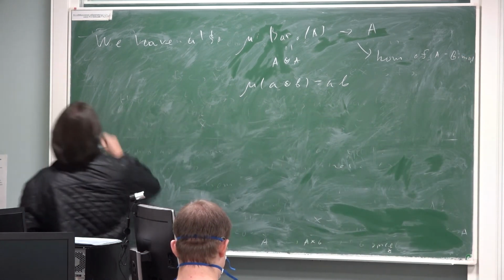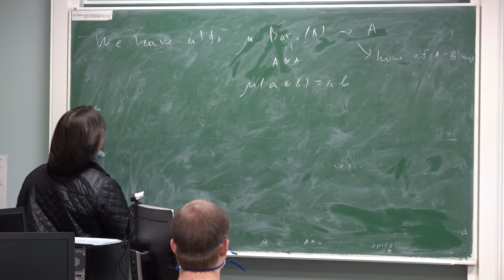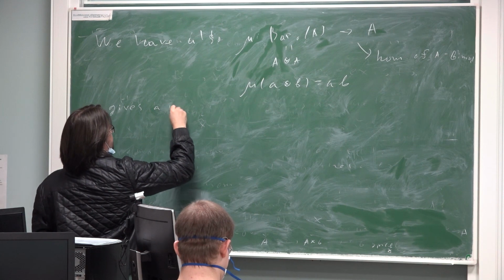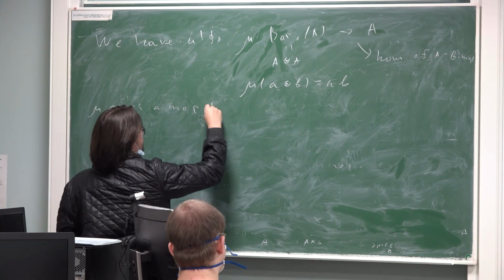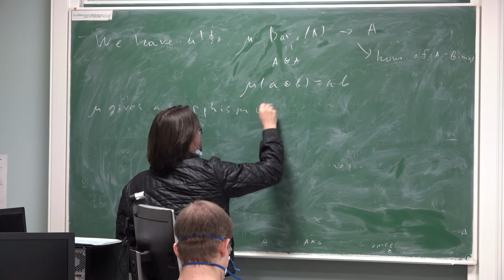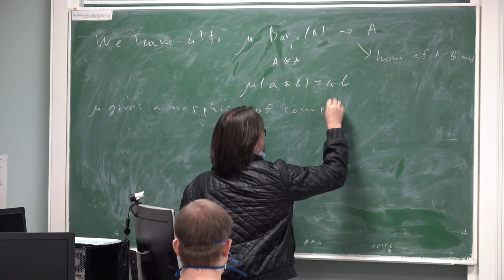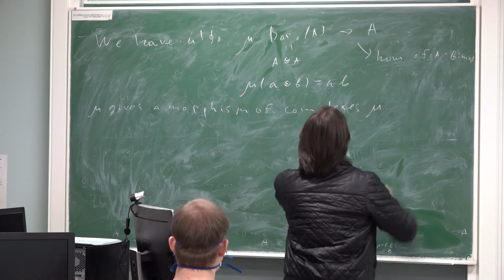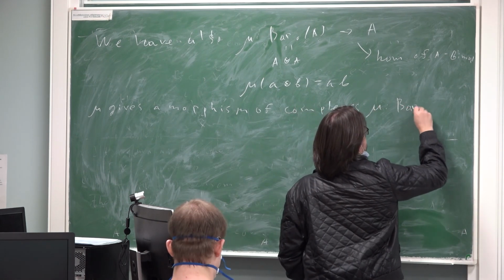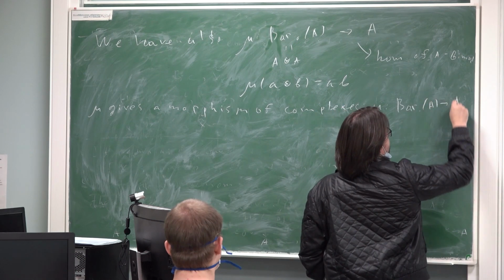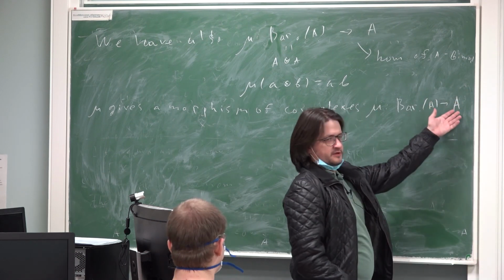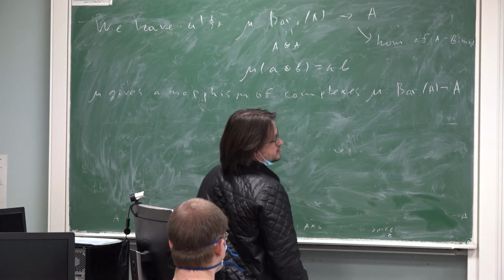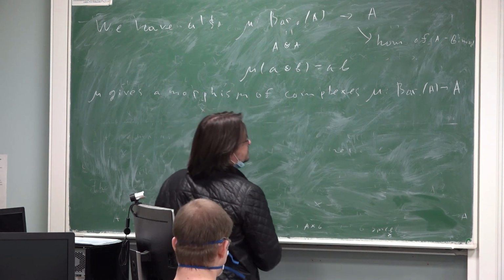Moreover, mu gives a map of complexes, a morphism of complexes, which we denote by mu from bar A to A, where A is a complex that is concentrated in degree 0, of course, and to see that it's a map of complexes, we simply need to check that